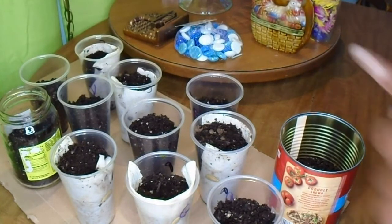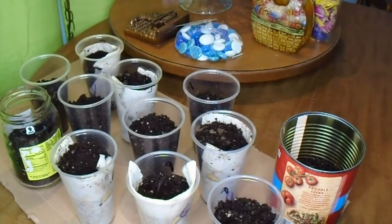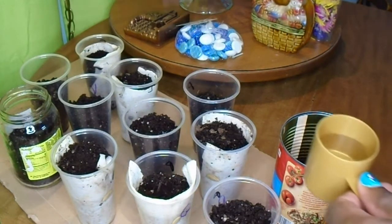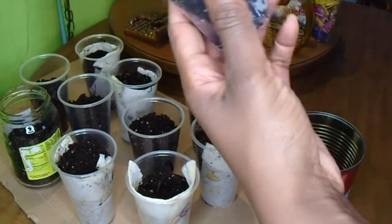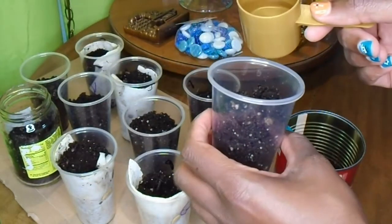So it's been 2 days since we seeded the sunflowers and pumpkins, and it's time to water them just a little bit because again there's no holes in the cups. So I have a little protein scooper. Use whatever you have, but you want it kind of damp. So you see there is some moisture in there. I'm going to add just a little bit of water